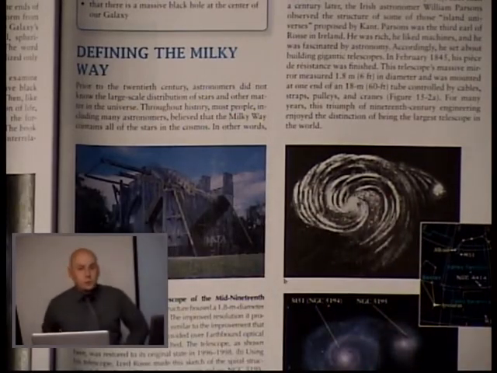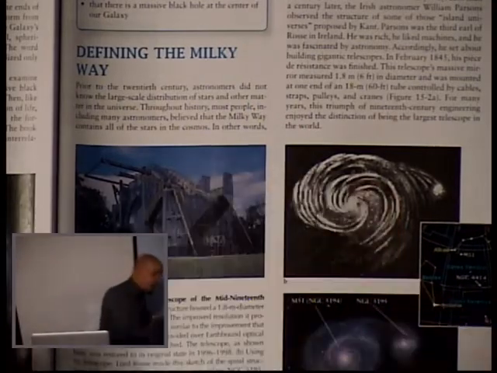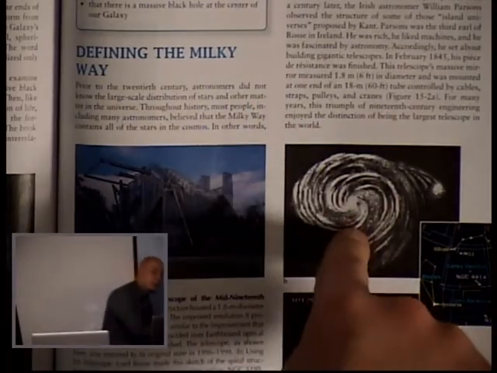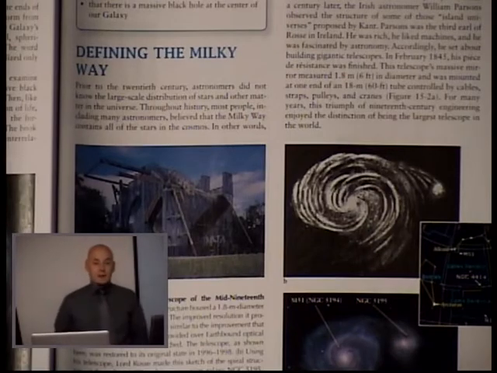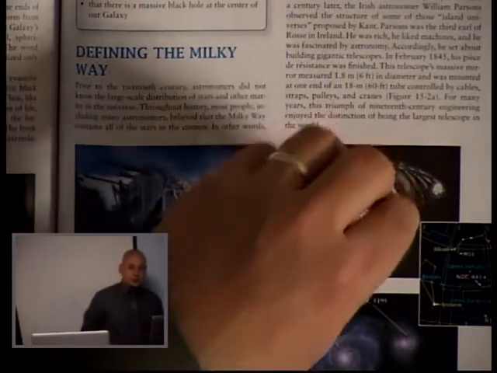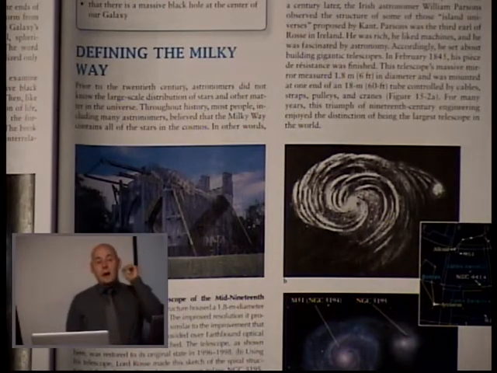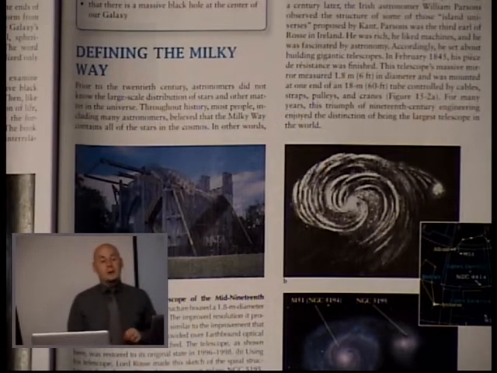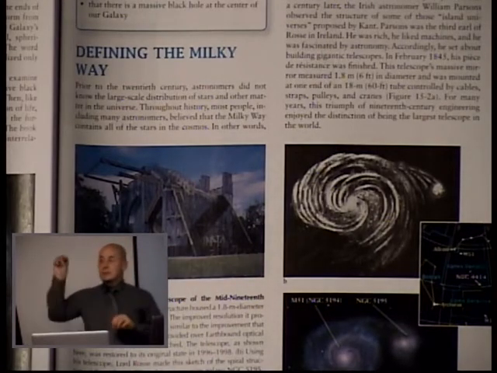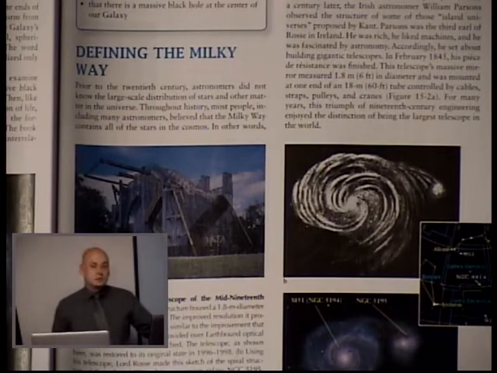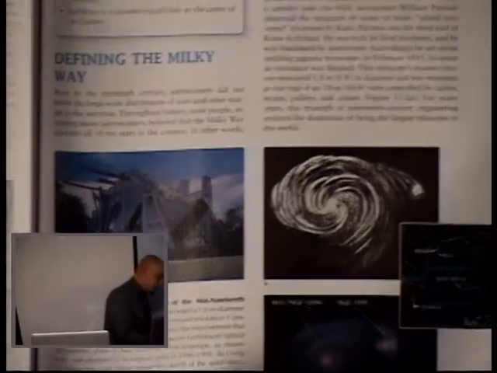And so once we understood that there's other galaxies out there, that these things are tremendously far away, and that basically all of the matter in the universe appears to be connected with a galaxy, the question must be then, well, what does our own galaxy look like? Imagine looking out into space, looking out your bedroom window and being able to finally identify other cities out there. If you had a clear view, you could perhaps see the lights from other cities, which might make you wonder, well, what does my own city look like? And that's exactly what this first chapter was about.